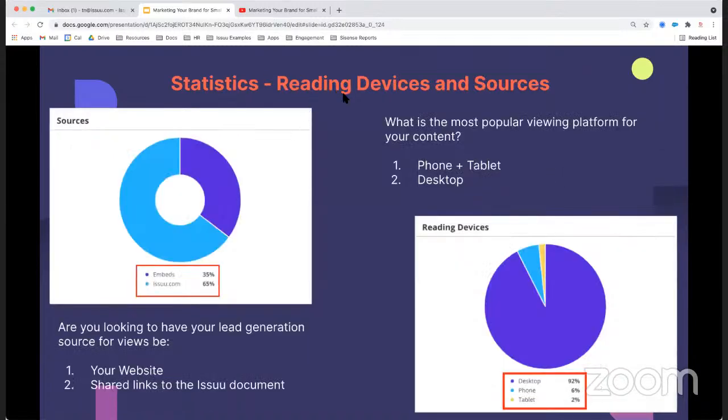And here as well, you can see on Issuu, you can access your statistics and look at the different reading devices and sources that your audience is viewing it from. So if you are looking to see what your lead generation source for your views are for your document, you can look under sources here. You can see, okay, a lot of people are viewing my content either from an embed, or they're seeing it as a shared link from issuu.com, and also what is the most popular viewing platform for your content. So maybe that could be a desktop,